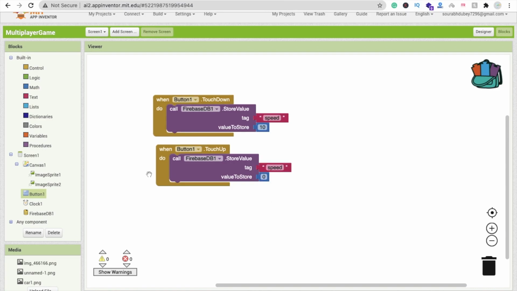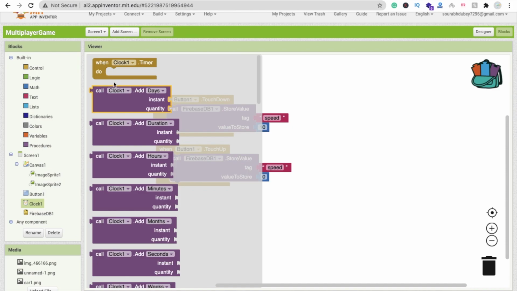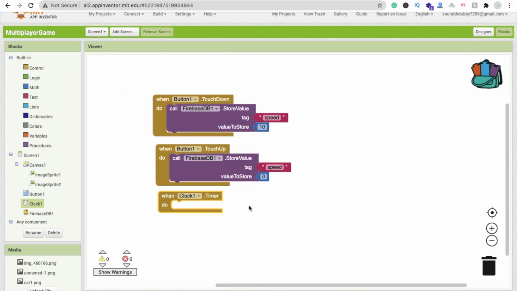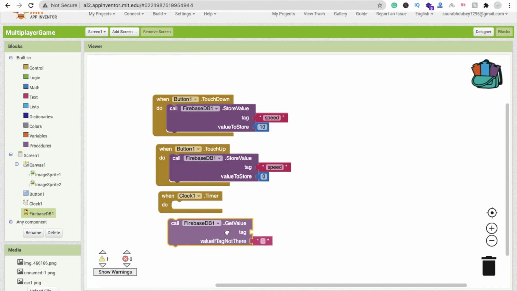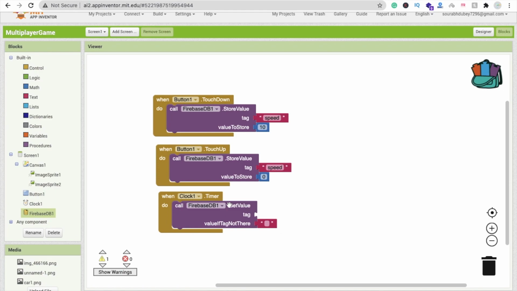Now click on this timer and you'll find when timer.clock, then we will fetch the value. Okay, so click on Firebase TV and you'll find get value, this one. Call it here, call Firebase get value. We will call it 10 times in 1 second, right? And what we will call this one time, because we are storing the value in this tag, speed tag, right?